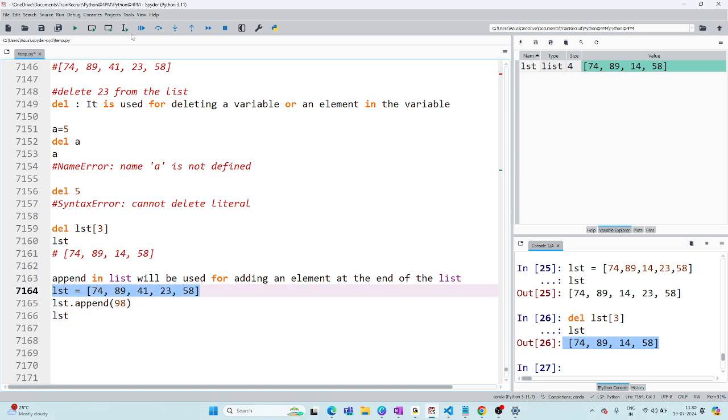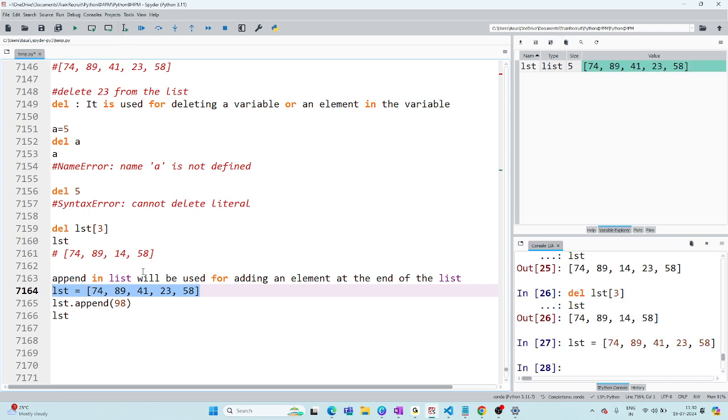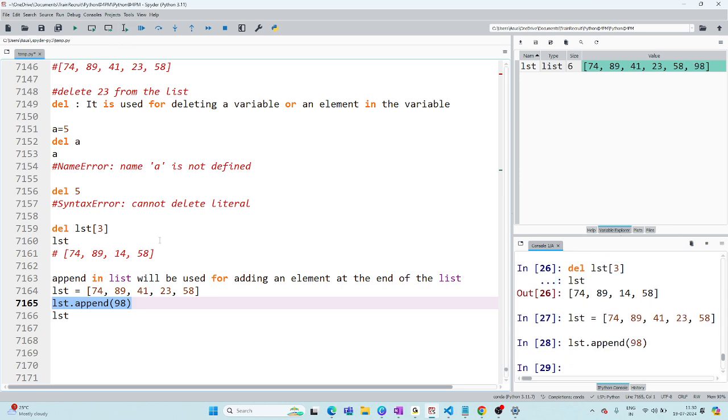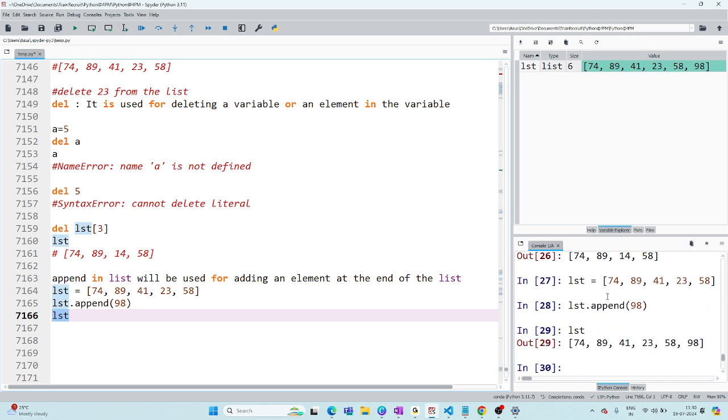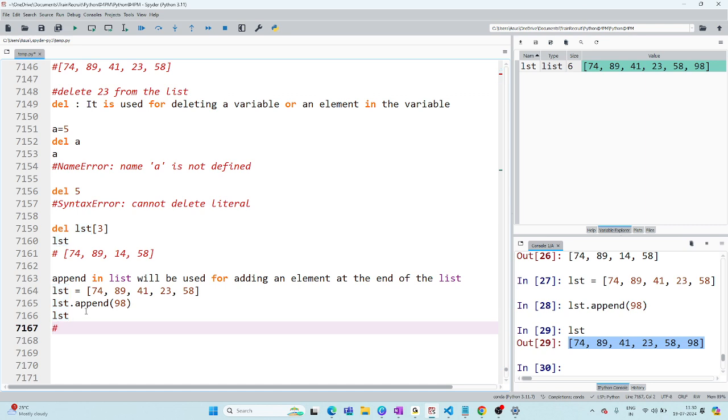Now let's see, created, then I will say LST. Now remember what happened? 98 got added at the end. How? Because append is a property that will add an element at the end.